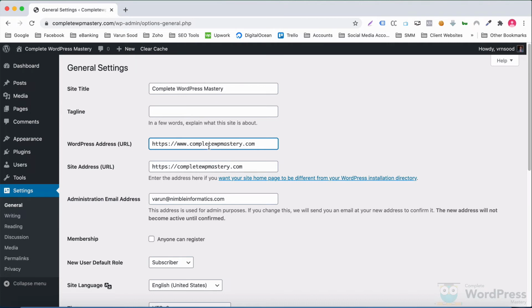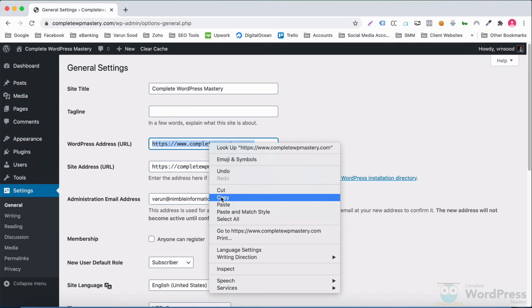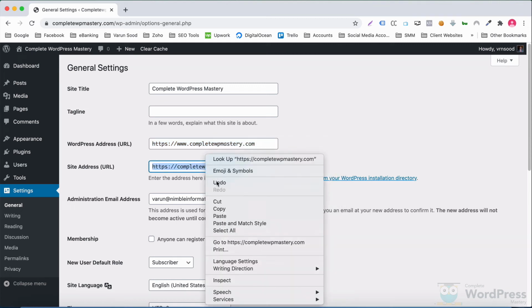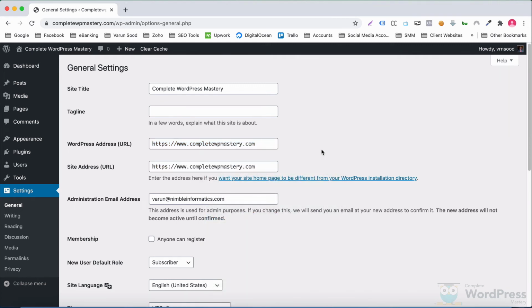The URL that we'll put in these two text boxes is the URL of our website. Be sure to use the format that you want to take forward for your website, with or without www. It is a matter of your own preference. I personally like the www version. Therefore, I'll use this URL for both WordPress address and site address.